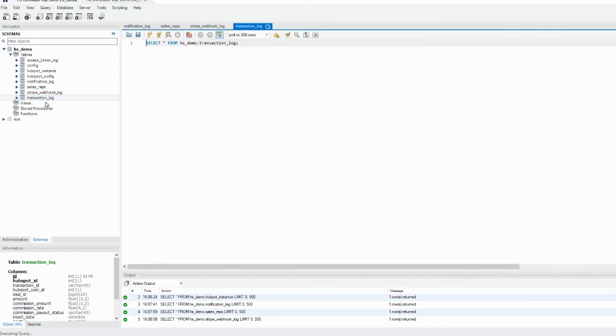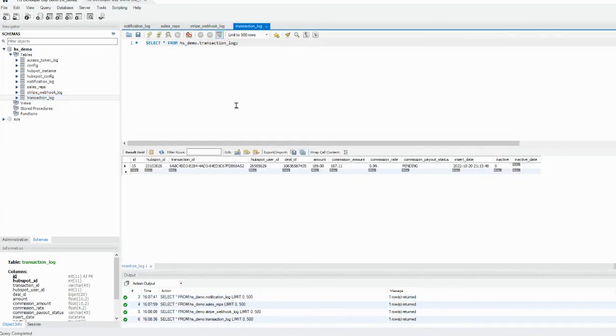And finally, our transaction log is exactly that. It just holds the transactions that have occurred and saves them to a table so that we can understand, hey, remember, the point of an app is to be able to say, hey, you were involved as a part of this transaction that happened. And what do you know? Maybe there's a commission to pay out. So we've added a couple commission fields here to the table just to make things a little bit more exciting.